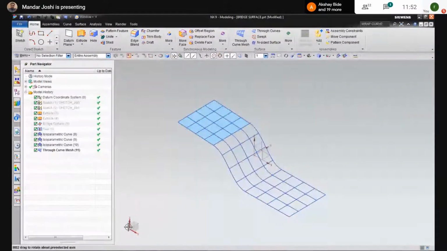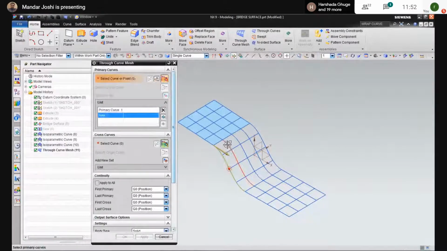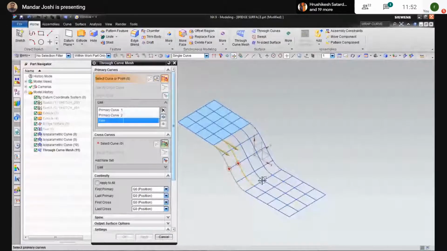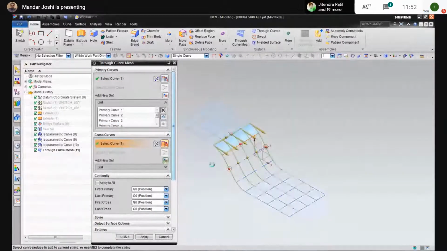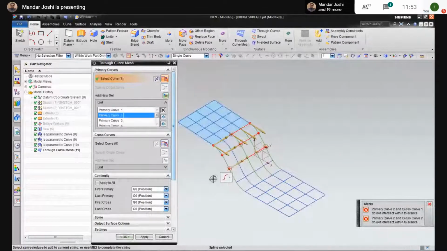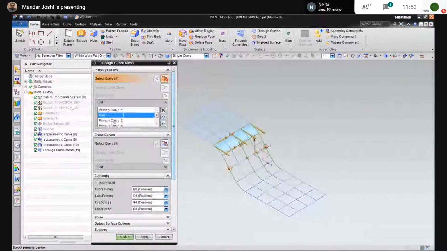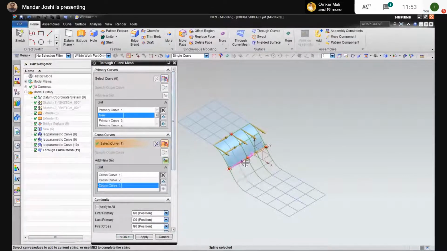Then again, I use the build through curves mesh option. First curve, add a new set. Second curve, then third curve, fourth curve, and fifth curve. Again, cross curves. One, add a new set. Second, third, sorry, third, then fourth.